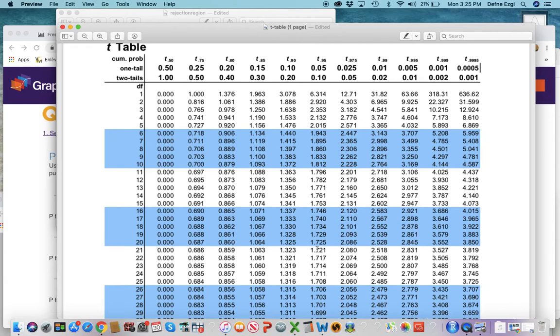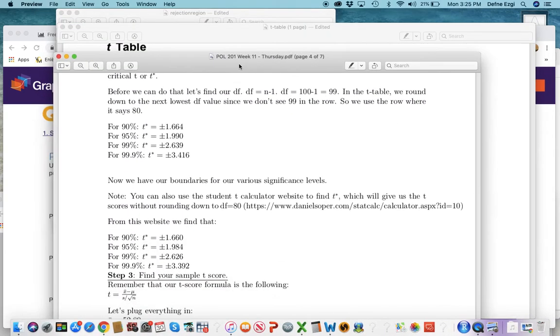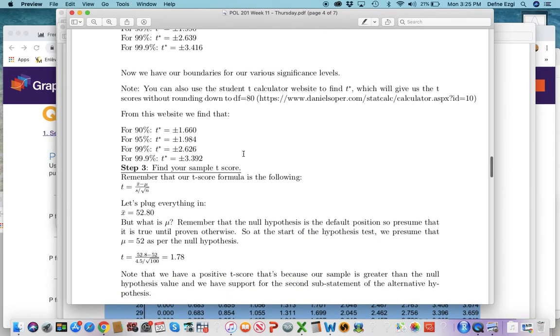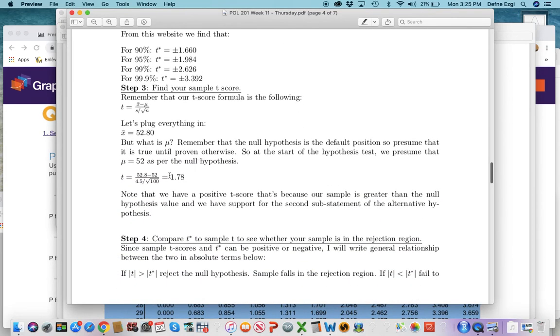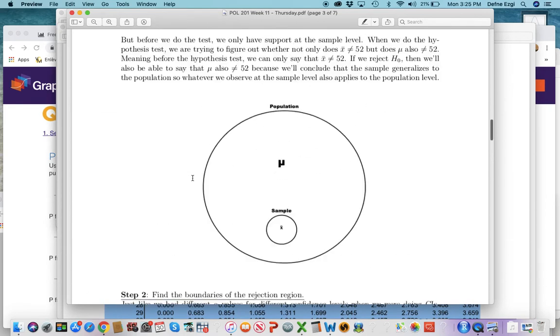All right, so in our first hypothesis testing example that we did, we found that our sample t-score is equal to positive 1.78. So if you have support for the second substatement of your alternative hypothesis,